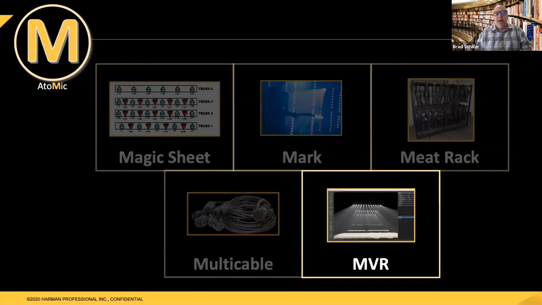And the MVR file allows you to transfer now between your CAD, your previs, and your console, more than just the fixture libraries, but the actual complete layout. And if you make a change on your console, you can then take that same file and have it adapt into your visualizer and your CAD system without having to make the change in all three places. So MVR is a new type of container that packages all this information together. Now it's just getting started, so hopefully it'll be something that we see continue and become very useful in the industry.